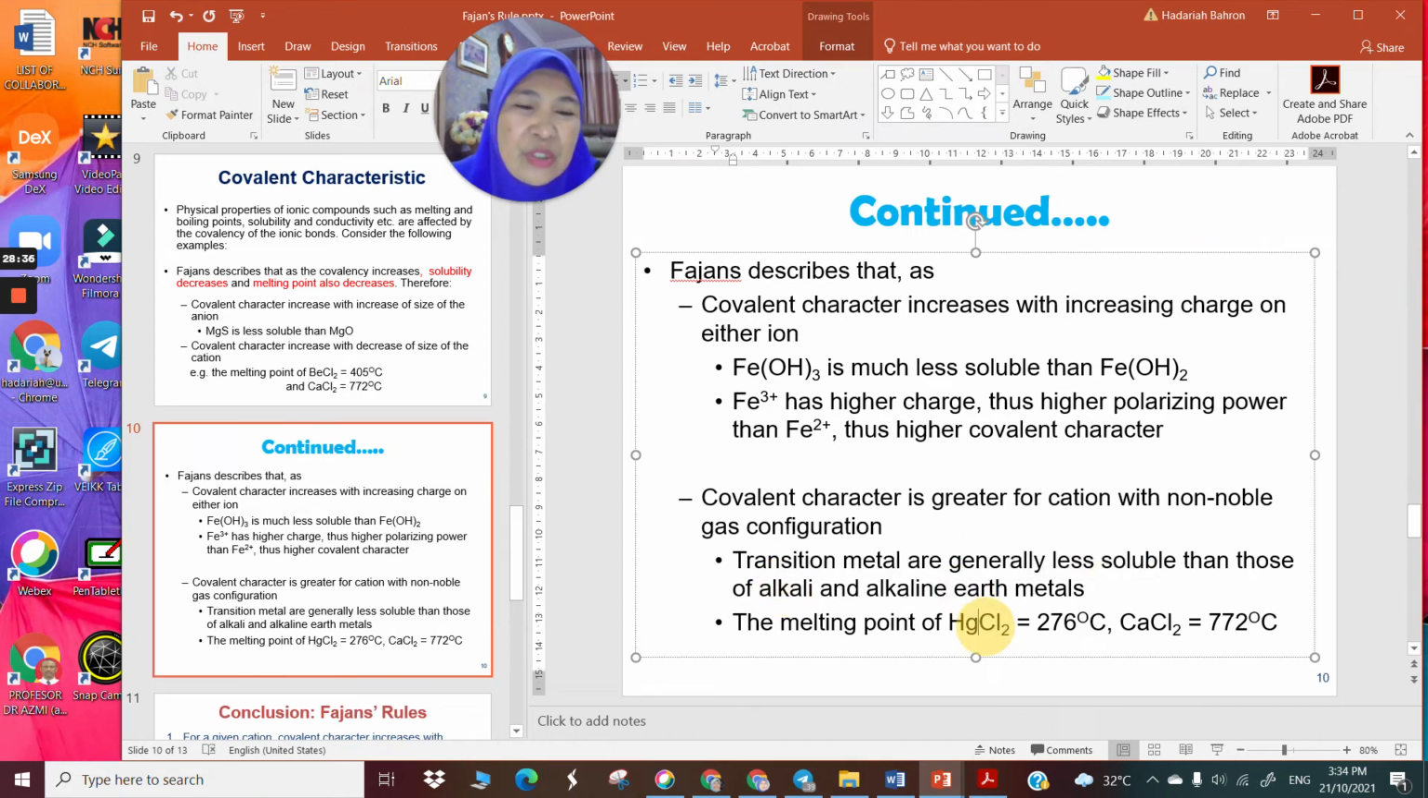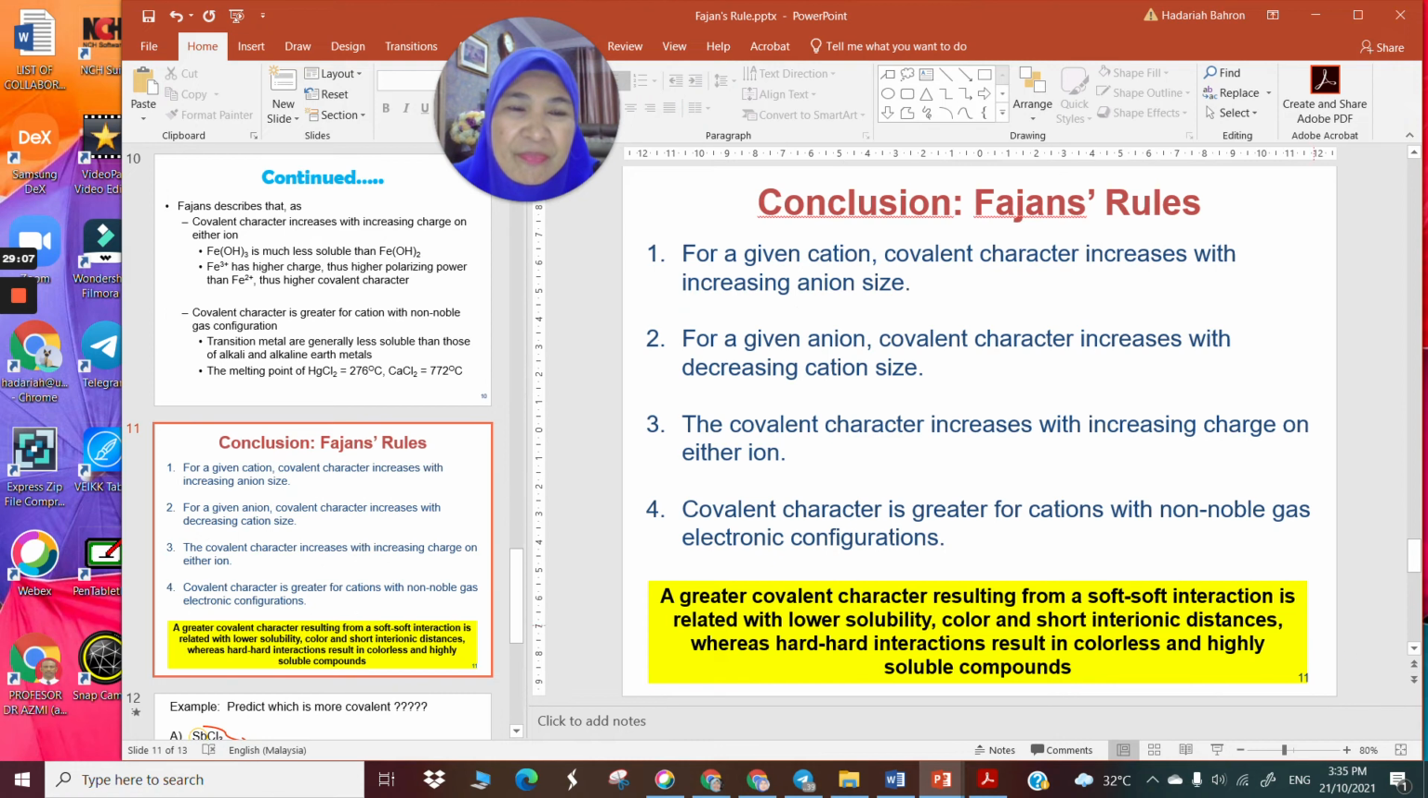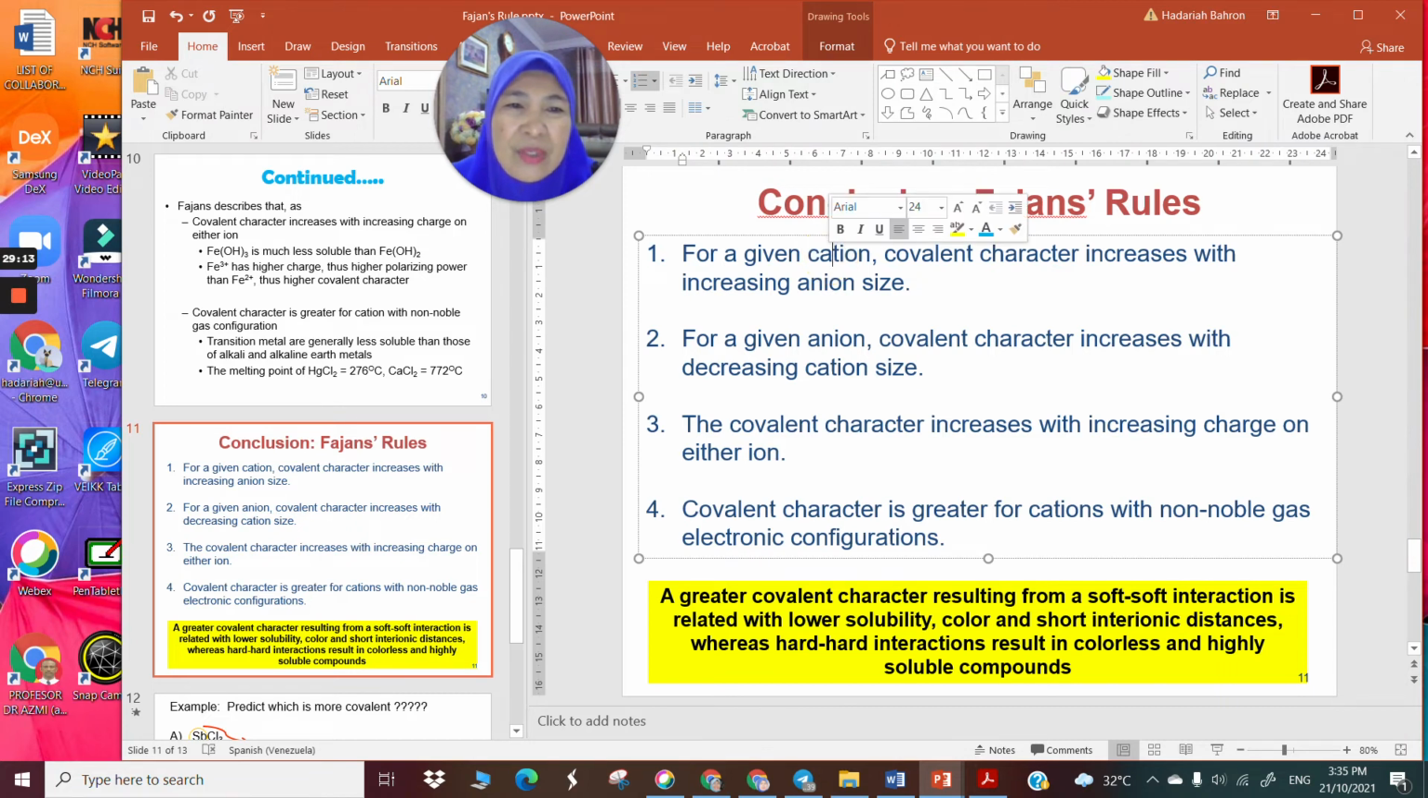The melting point of mercury chloride is 276, low, whereas the melting point of calcium chloride is 772, high, indicating high ionic character or low covalent character of CaCl2, and high covalent character of HgCl2 due to the high polarizing power of your mercury 2 plus. So in conclusion, for Fajans rule, for any given cation, covalent character increases with increasing anion